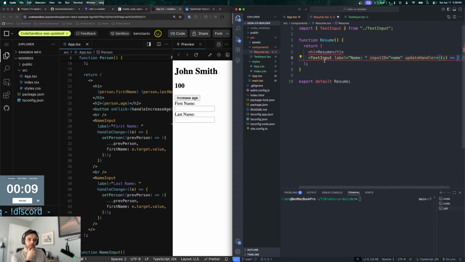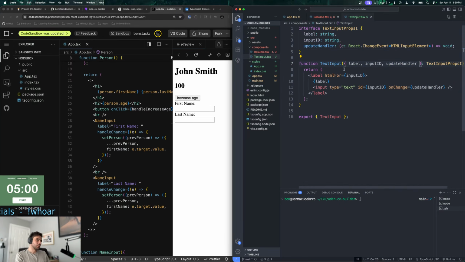You can do a base type interface for the HTML input element and extend that with your custom props. So read as props custom props. Oh, interesting. I've never, okay.